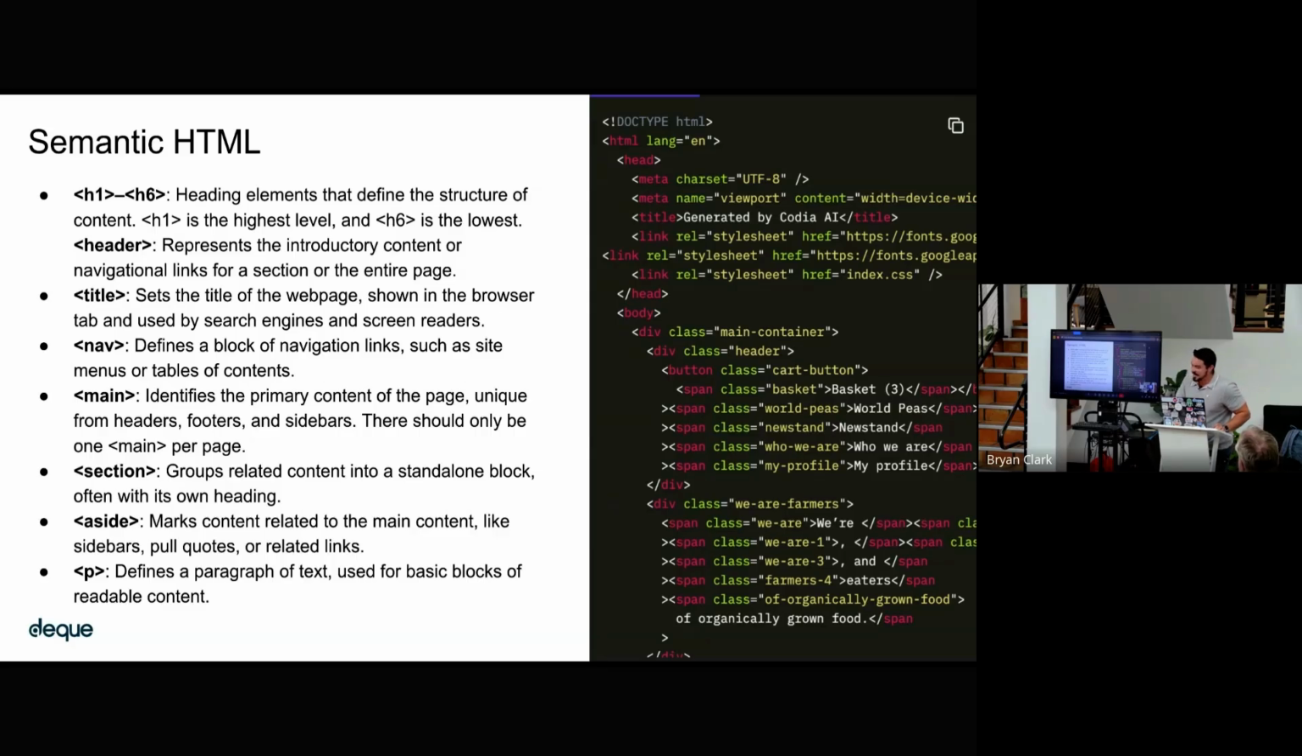To the left of this image, we've listed some common examples of good structural elements. First, we have some heading elements, such as H1 to H6, and heading elements define the structure of the content. H1 is heading level 1, and H6 is the lowest level. Each of your pages should have only one heading level 1. Header represents the introductory content or navigational links for a section or the entire web page. Title sets the title of the web page, shown in the browser tab and used by search engines and screen